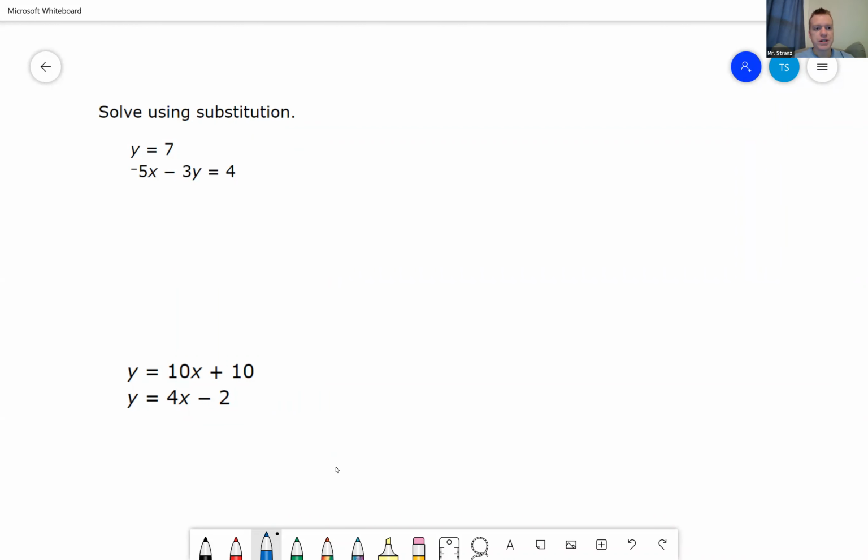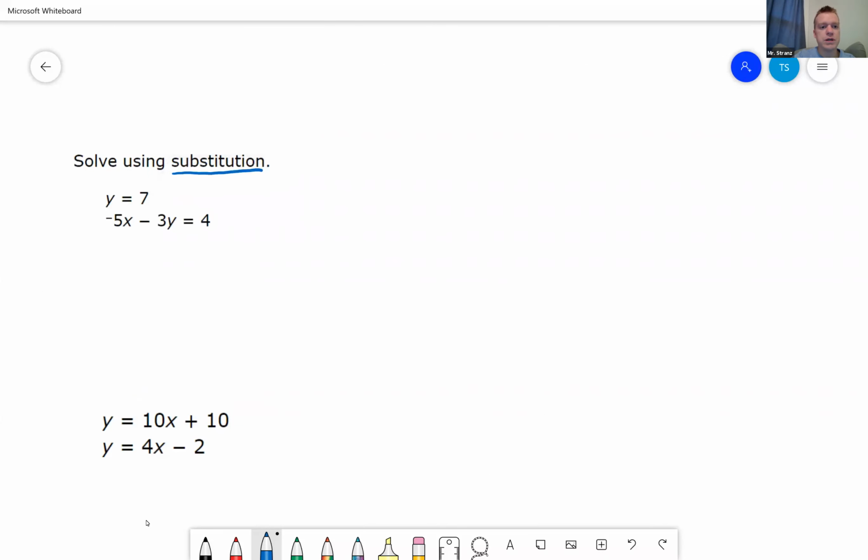So this is your homework tonight on IXL. I got two problems here that we're going to go over. Solve using substitution, okay? As I said in class, first thing you have to remember is what does the word substitution mean? It means you're going to replace something for something, right? You're substituting it. So if we look at this first problem here,